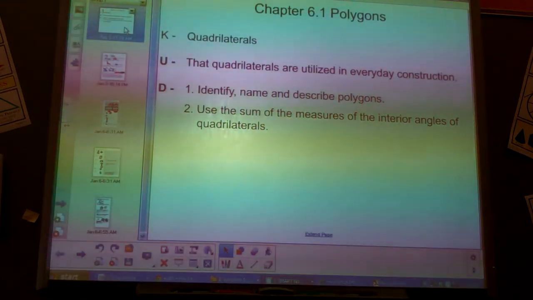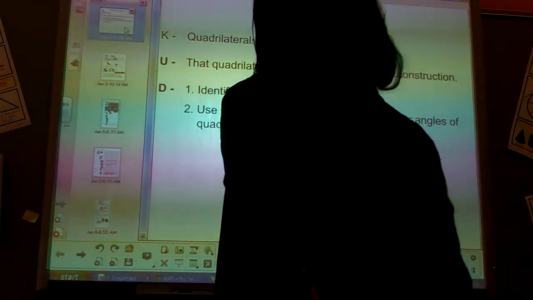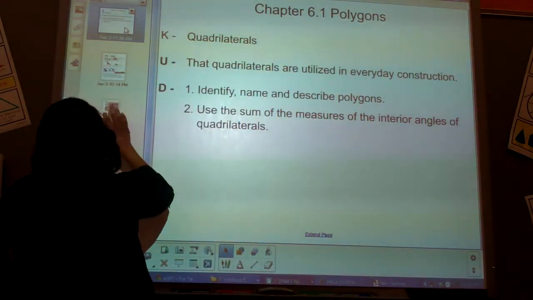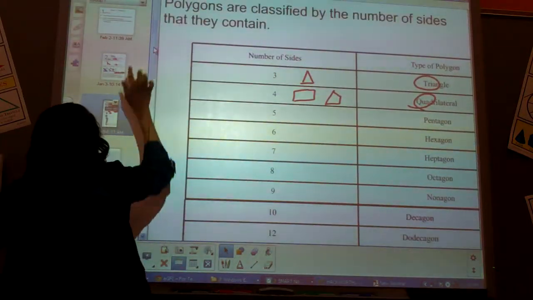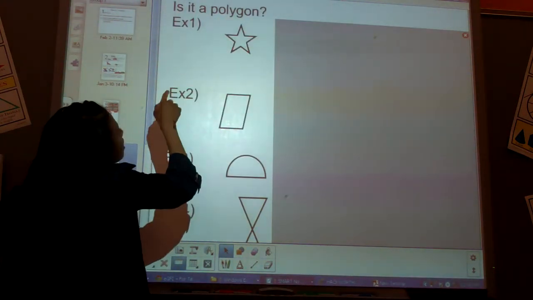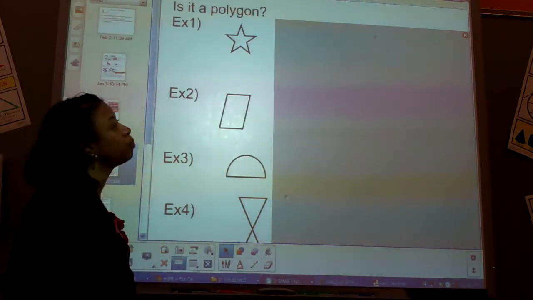This is chapter 6.1, part 2. We left off talking about polygons, and let's proceed forward. The question is, is it a polygon? This is in reference to your book here. And if you look in your book,